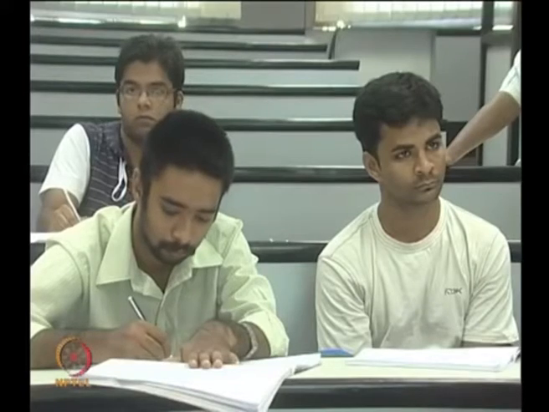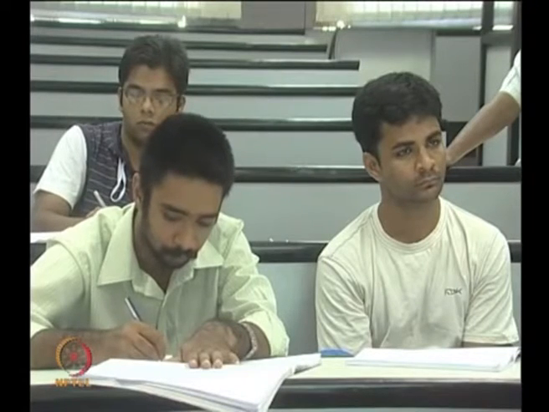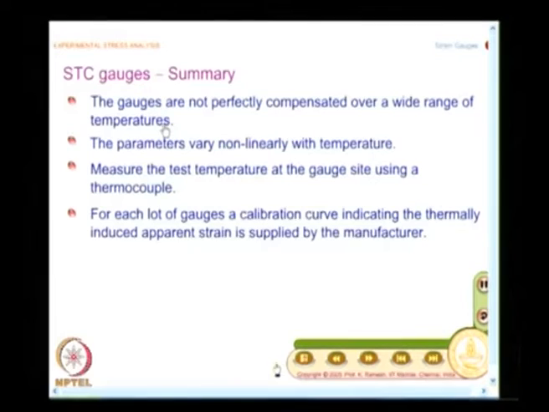So, when you are doing a strain gauge instrumentation, it is not that you pick out some strain gauge, paste it on the specimen material, connect it and find out what is the strain reading. The strain meter will still give you some numbers, but those numbers could be way off. That is what you have to keep in mind.